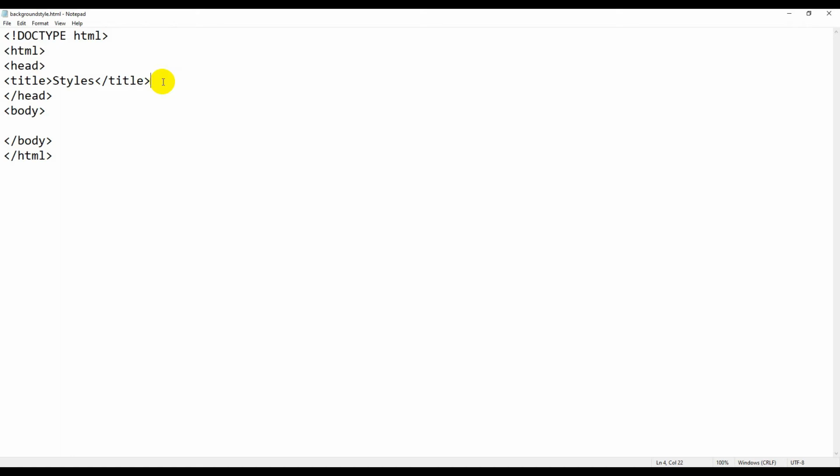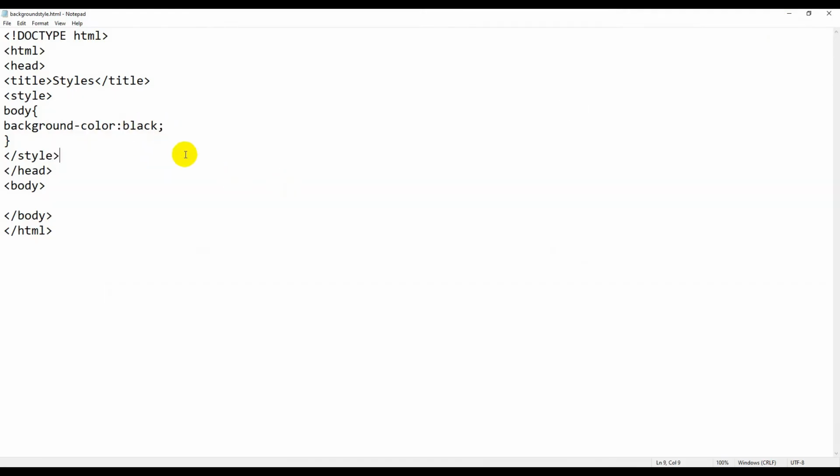So I need the style tag, that is less than style greater than and less than slash style greater than. So in this I'll say body and I'll open the braces. As you can see here, we are not using any dot or any hash because it is not the class or ID, it is an element. And in this I'll say background-color: black. So let's see the output now. So here I have changed this whole white color background to black.